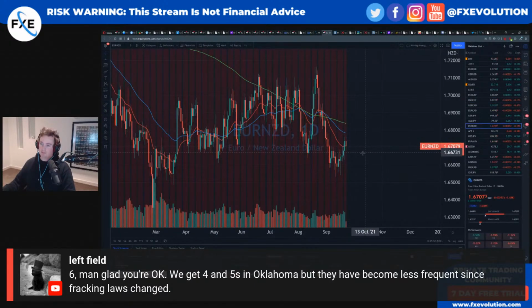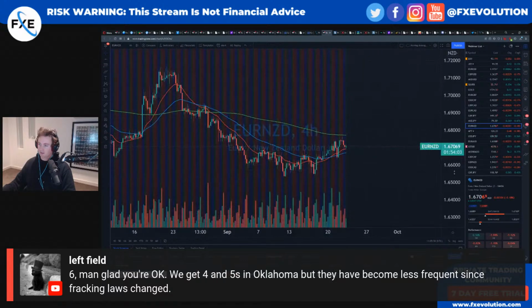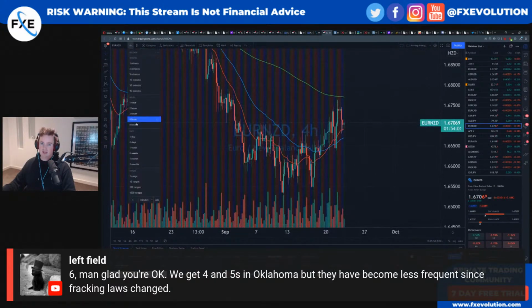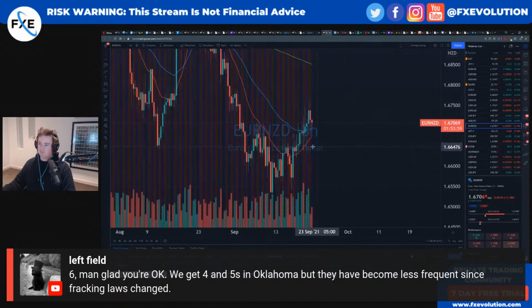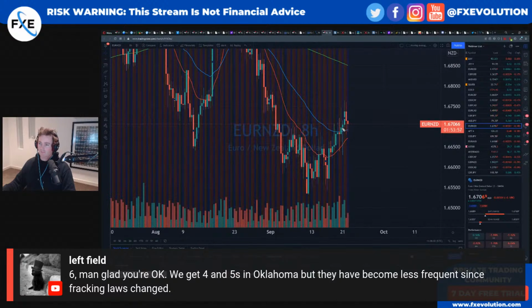We keep going through a couple of currencies here. Euro New Zealand is another one that I've been watching, and I don't mind. If we go to the 8 hour, actually the 8 hour is probably the time frame. There we go. So what do we have here? Well, we have resistance, resistance, resistance, a whole bunch of crazy up, down all around. That's why you need those bigger stops. This is not a very good scalp style currency.